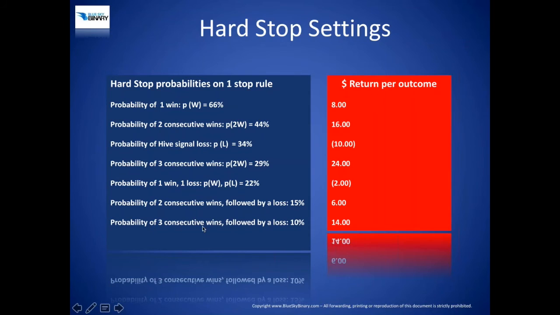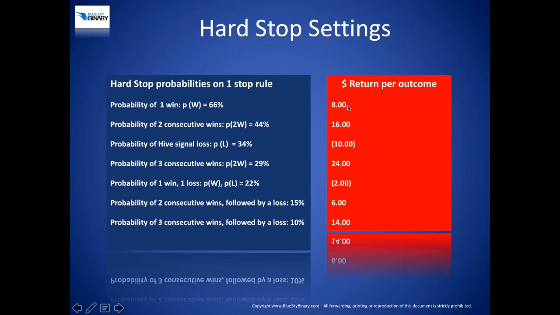The probability of 3 consecutive wins followed by a loss is 10%. So we've just moved down from the most probable outcome in Hive, which is a win, all the way down to the least probable. And the most probable outcome, which is 66%, you basically going to win the trade, would result in you generating